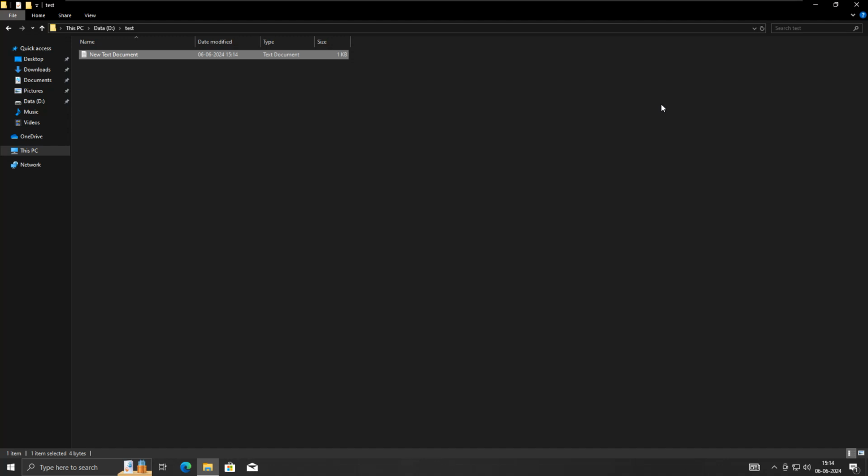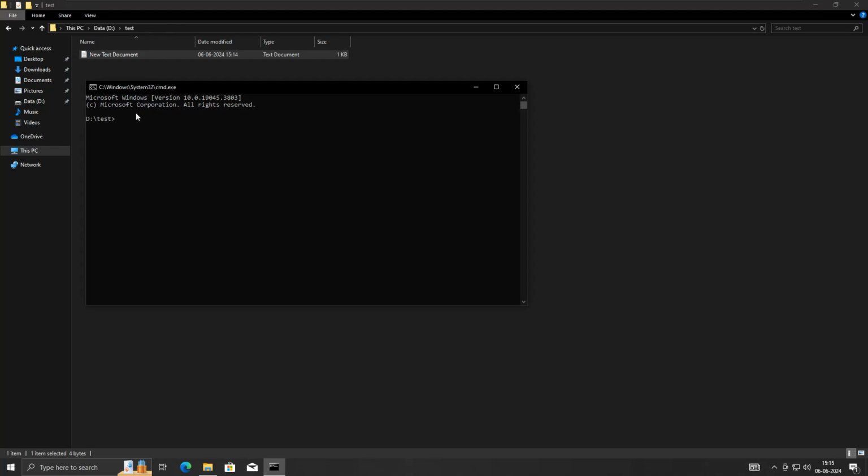To do so, let's open the command prompt in the test directory. Here type cmd and press enter. This will directly open the command prompt in the test directory. To achieve our objective, we will use the Cipher command. Cipher can encrypt and decrypt data on drives that use the NTFS file system. The command will be Cipher